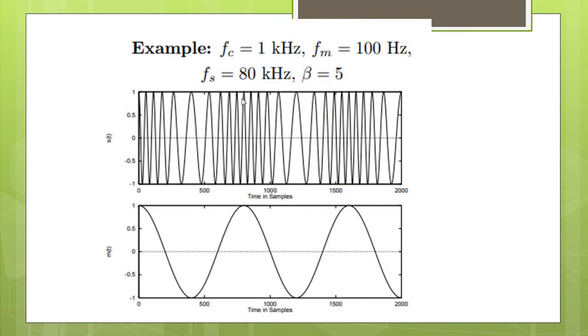So you can see the example of a single tone FM or a single tone frequency modulated signal. This is similar to the previous case also. If you see here, wherever the amplitude of the modulating signal is high, there is an increase in the carrier frequency, and wherever the amplitude is very less, there is a decrease in the frequency.